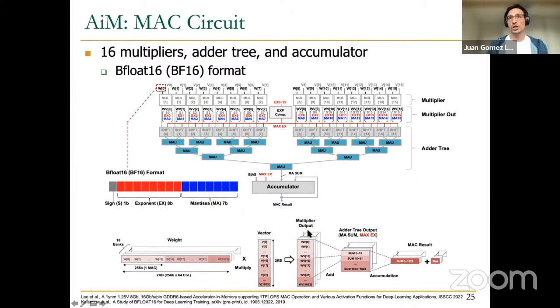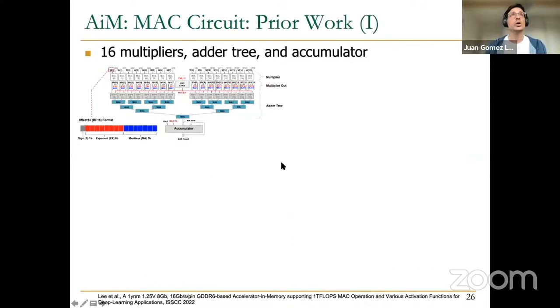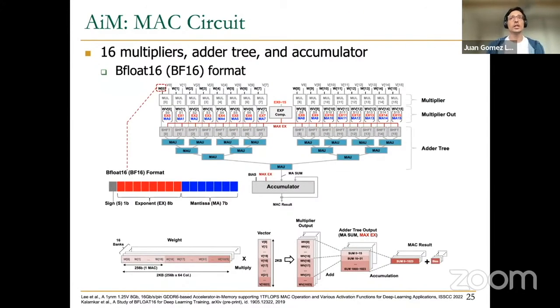Now, after that, we need to reduce the 16 values that come from the multipliers, and to do so, we use this adder tree. Here, as you see, it has 3 different levels. But one important thing that we are going to clarify in the next slides is how this adder tree is composed. But first of all, let me